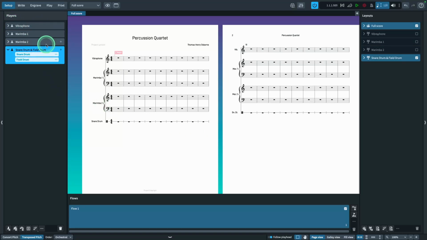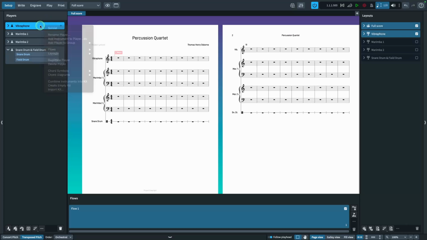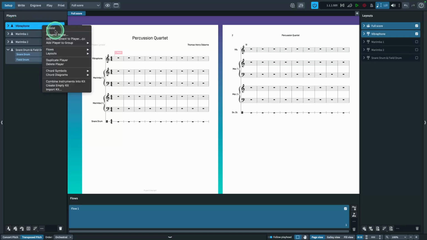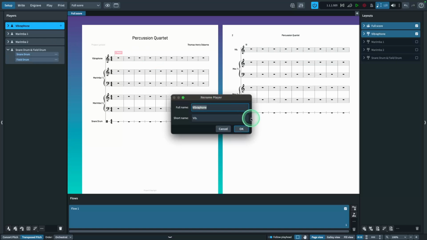Another thing I'd like to change is the name of the players itself. Right now we have vibraphone, marimba 1, marimba 2, and snare drum and field drum as our names for these players. But for this piece, I just want to call them player 1, 2, 3, and 4. So how we do that is we right-click on vibraphone. Make sure you are selecting the blue tab outside of it, not the white vibraphone tab inside of it. That is the instrument itself. We're going to click Rename Player, and you'll see a pop-up that shows the full name and the short name for the player. So we're just going to type in player 1 for our full name and P1 for short,